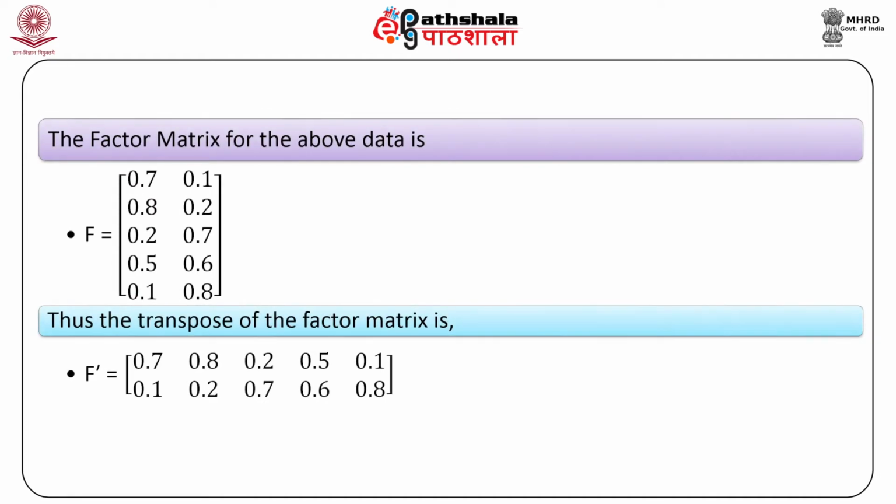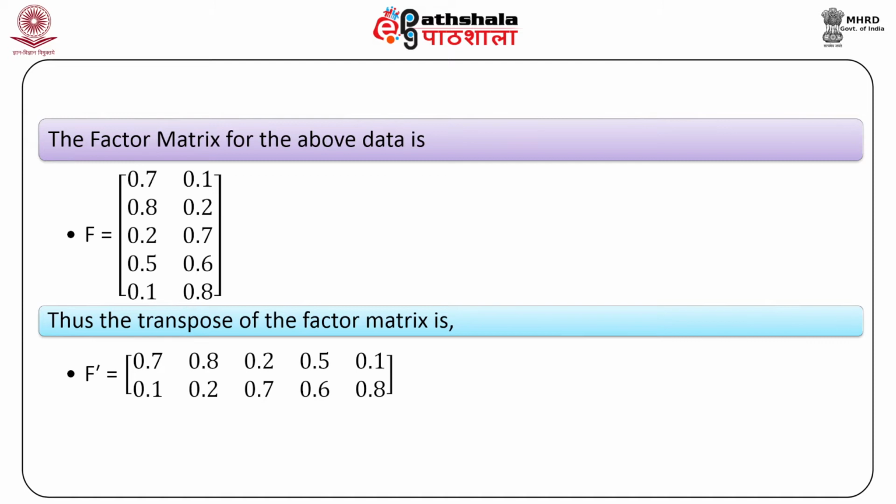The factor matrix for the above data is F equal to the matrix 0.7, 0.8, 0.2, 0.5, 0.1, 0.1, 0.2, 0.7, 0.6,